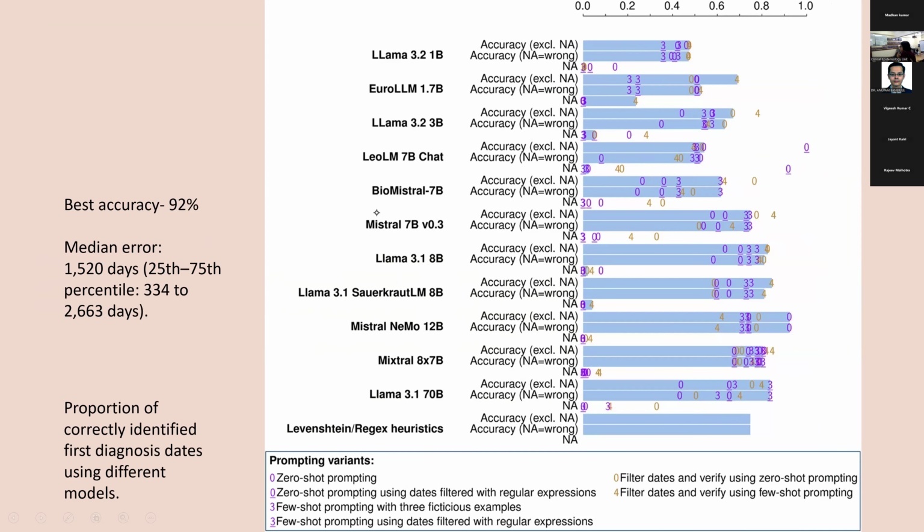This is in detecting the date of first tumor diagnosis. So overall, the maximum best accuracy which they got was 92% in this Mistral Nemo model. Otherwise, it all ranged on the lower side only. And they had a problem detecting the first diagnosis because even the annotators found it a little difficult compared to the first two tasks. And the model was also a little ambiguous in reporting the first date